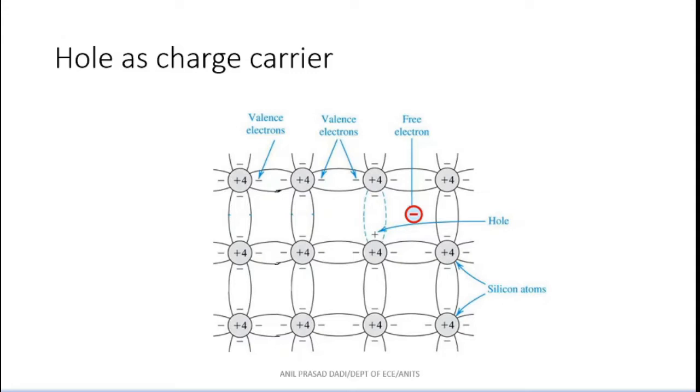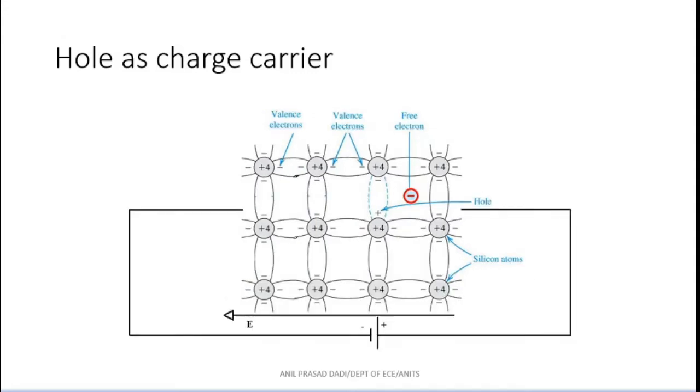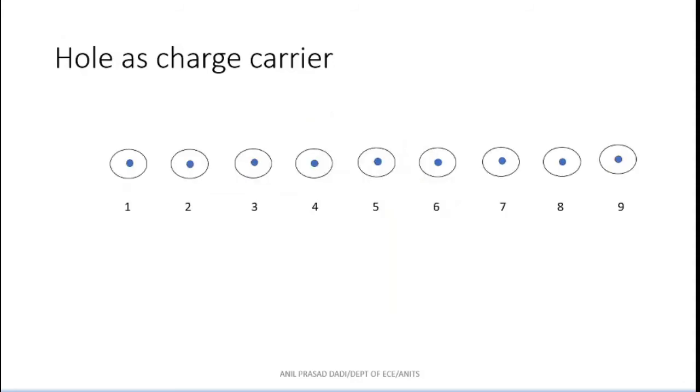So we have seen with respect to diagrams, when I apply an electric field in this particular direction, then let us assume that an electron came out and became a free electron, then that place is what is called a hole. And if some other valence electron comes and occupies this hole or empty space in the covalent bond, then the hole starts to move from its place to the place from where the valence electron has come out. And that we have understood with respect to this diagram.